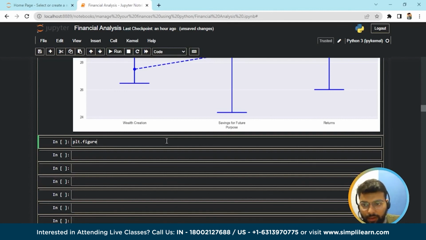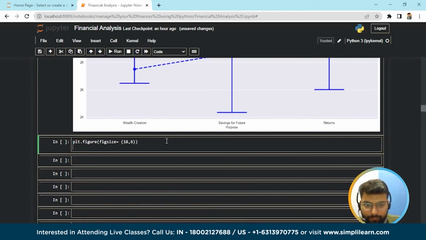So first we will define the figure size, that would be figsize, and that is equal to 18,6, and now we would use the subplot function plt.subplot, and we would define the parameters for the subplot,